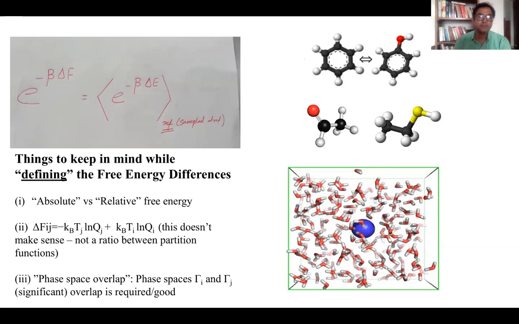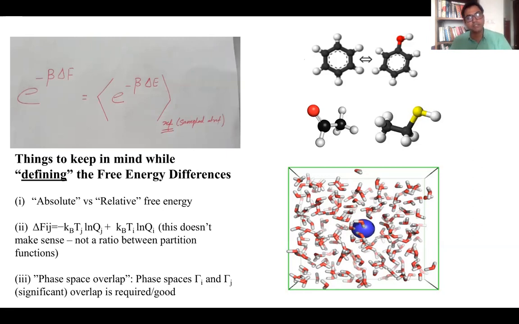So you can't have phase spaces at two different temperatures. If you want to do simulations at two different temperatures, there are other ways of doing it, okay? You may want to sample in a different way, and we will talk about that. There are places where you would want to find free energy differences at different temperatures, but to write free energy or to think of free energy difference in this way is erroneous, okay? So please avoid doing that.